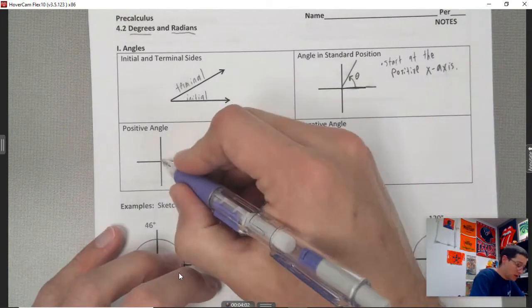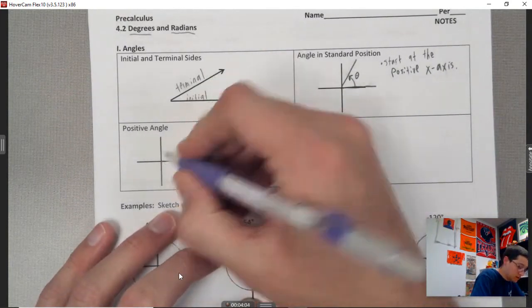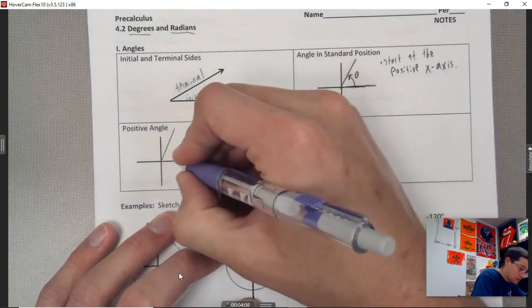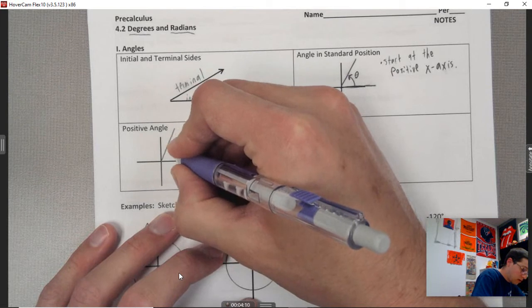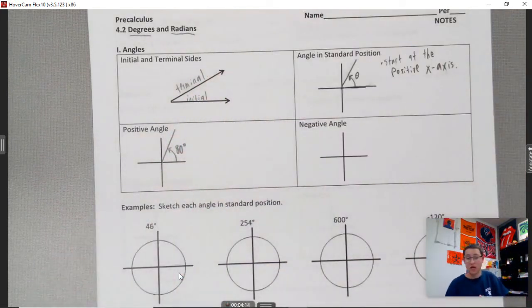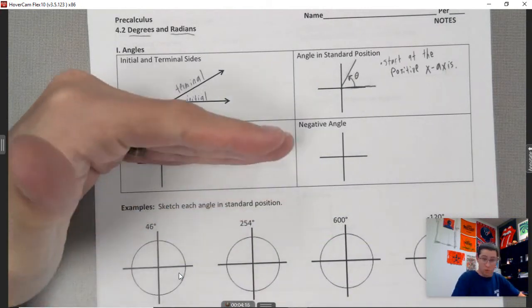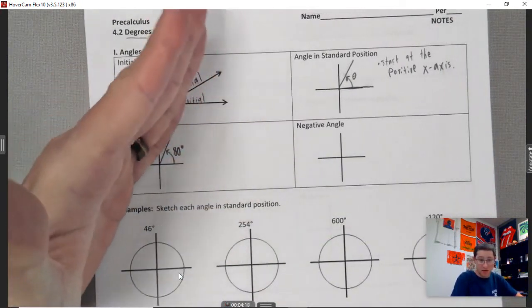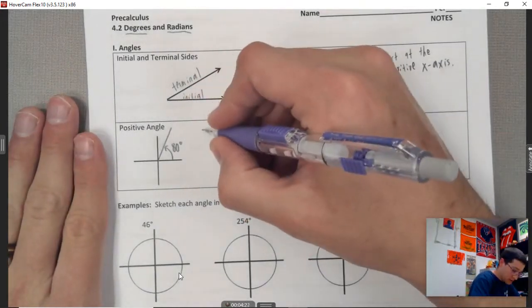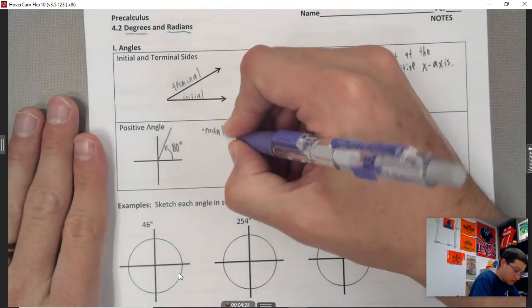Okay, a positive angle. Here's an example of a positive angle. Let's do a concrete example. Let's say this is 80 degrees. It's opening up here. It looks like it's pretty close to about 80 degrees. So again, we're starting here, opening up and beginning our measurement. So we'll say this is counterclockwise